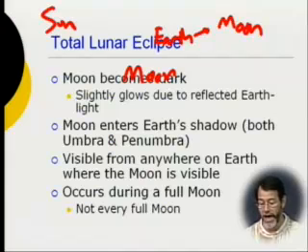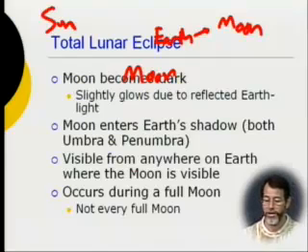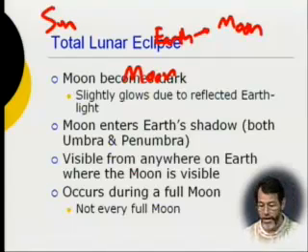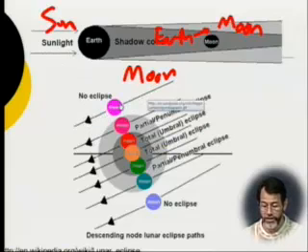One worry that people have is how come you don't get a total lunar eclipse every full moon? And that's because the orbit of the moon is not exactly the same as the orbit of the sun. Usually the moon will go slightly above the sun or slightly below the sun. That almost happens all the time. You have to have just the right coincidence for the moon to come in exactly on the same line as the sun, for the plane of the orbit of the moon to be intersecting the plane of the orbit of the sun. Usually they miss. Okay, so here we see when the moon goes in this line, then there is no eclipse. That's what usually happens. The moon usually misses the sun most of the time.